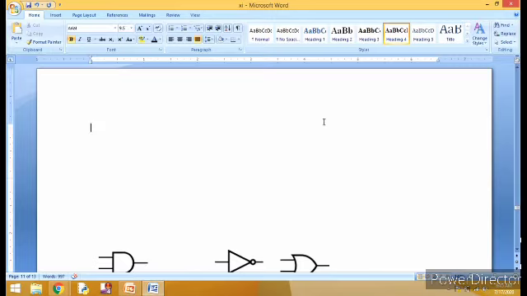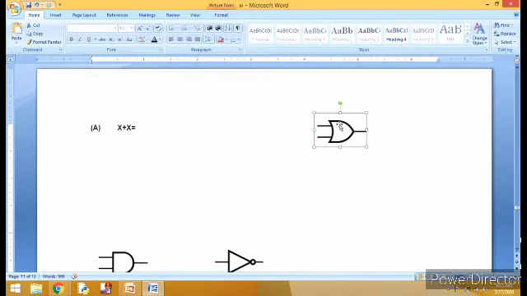Okay, now there come a few more things related to this, that is, we are talking about the laws. So there is a law that has been given a name. Let us first see whether we know it or not. For the very first one, if I say X plus X, what will you get? When two inputs X are applied to this OR operator, what value will you get? X. Very good. It is quite known.